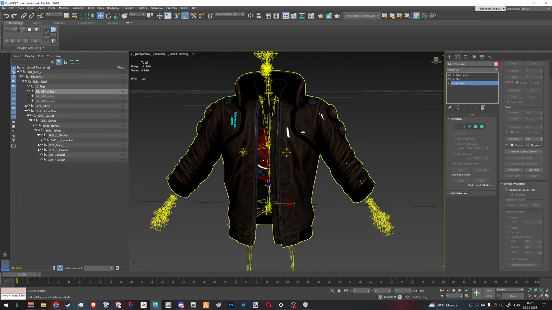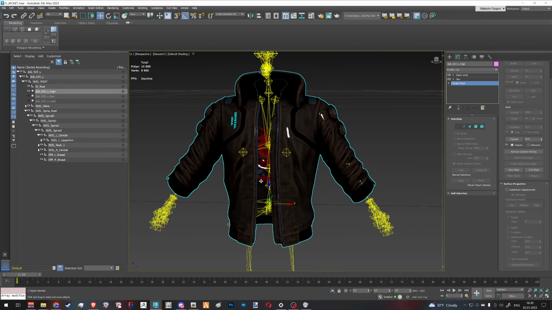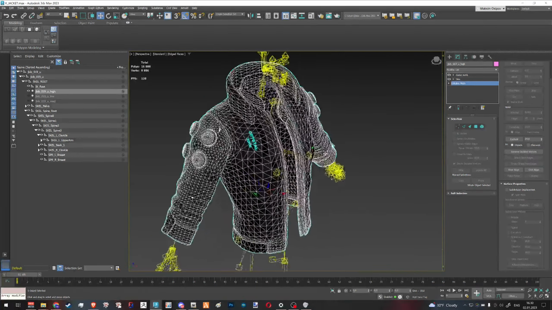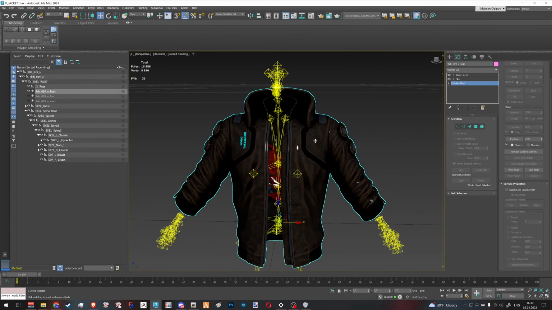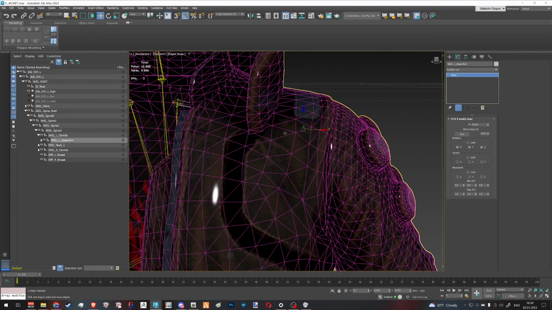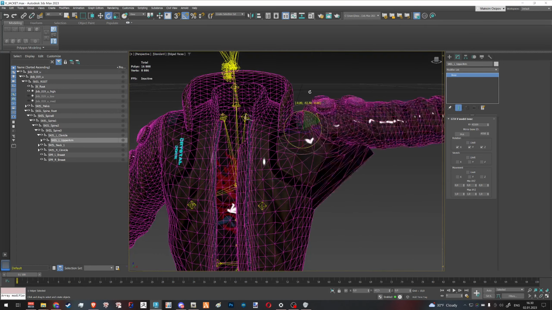So the next thing is, after we attached it, we're going to have to make sure that our skinning works correctly. And how do we do that? First things first, you raise your upper arms. So select your bone, being the left upper arm, then go left alt, right click, freeze rotation. So now, if I rotate it